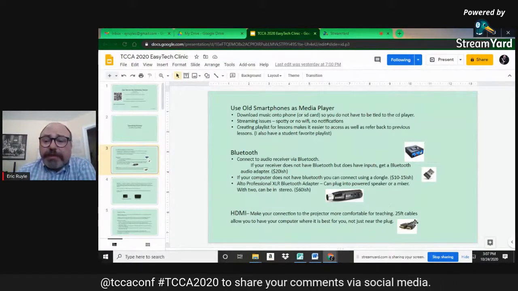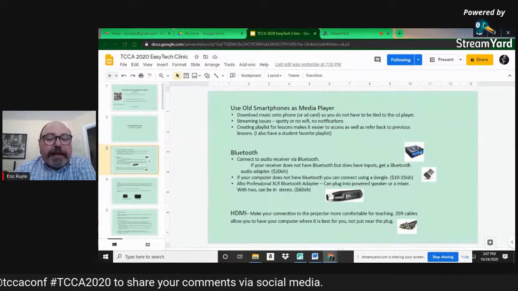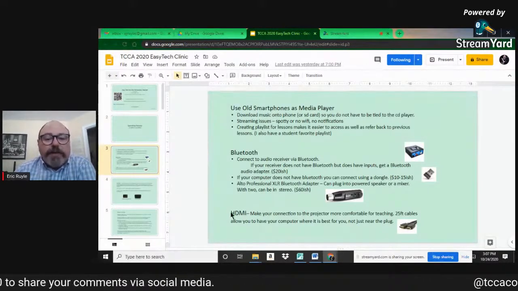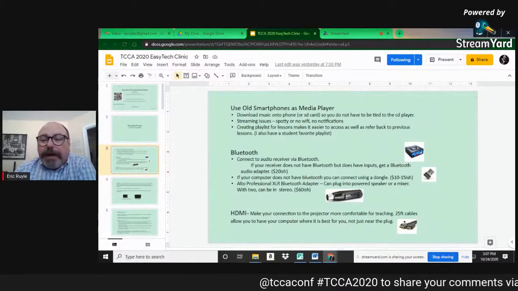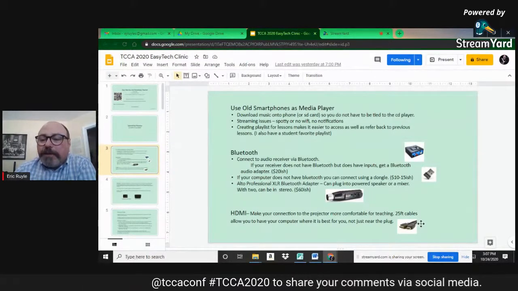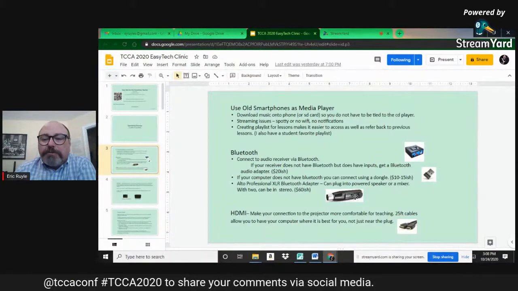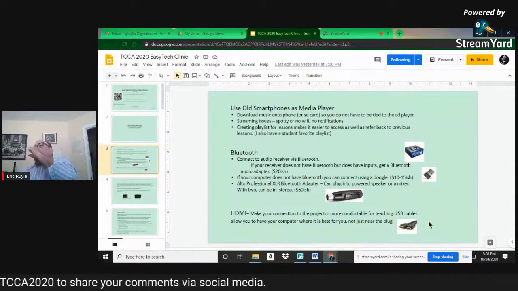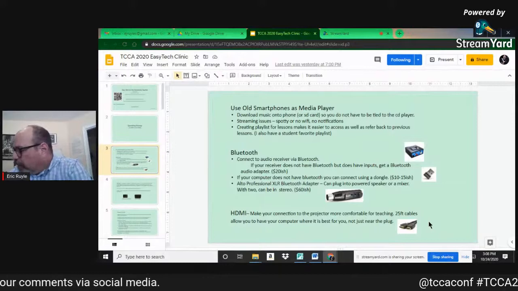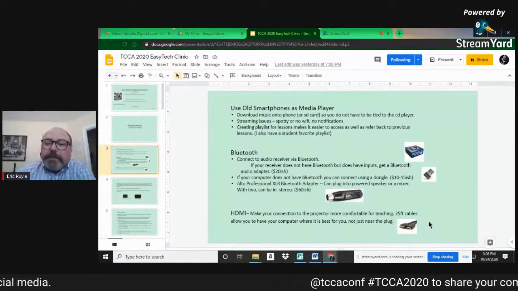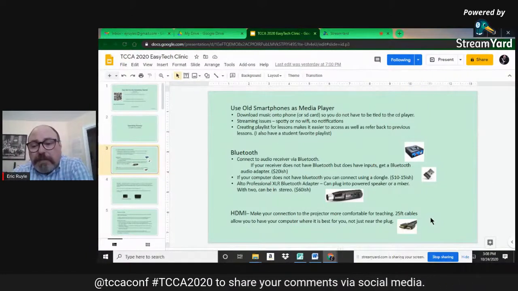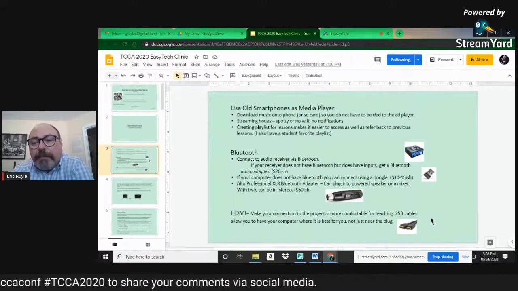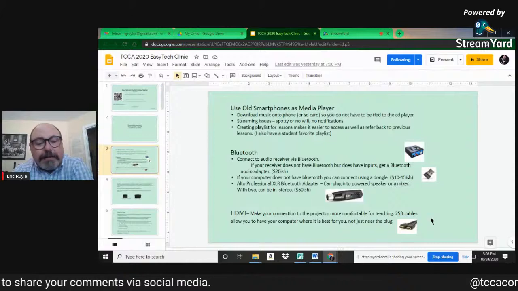Then, of course, the simple thing is HDMI cables. I used to have VGA cables, but there's no VGA cables anymore. HDMI, and you're probably wondering why you're still thinking about the cables when we have all this Bluetooth technology. Well, as I mentioned up here, some devices have a limit on how many Bluetooth connections they can make, how many things can be paired and connected at the same time.